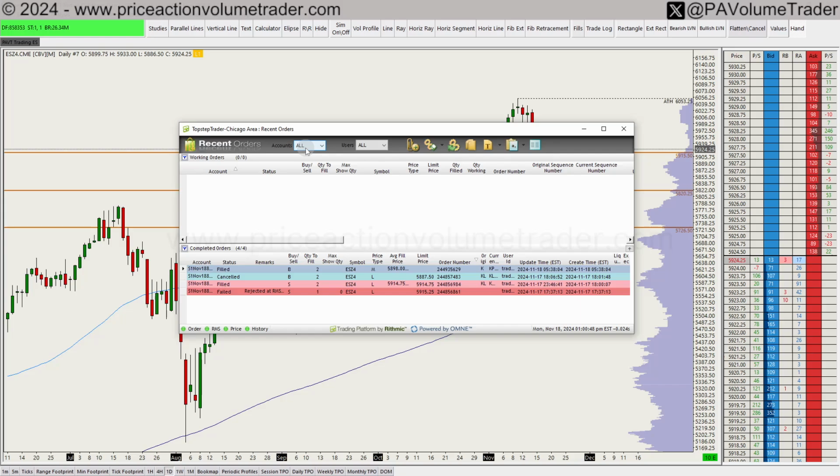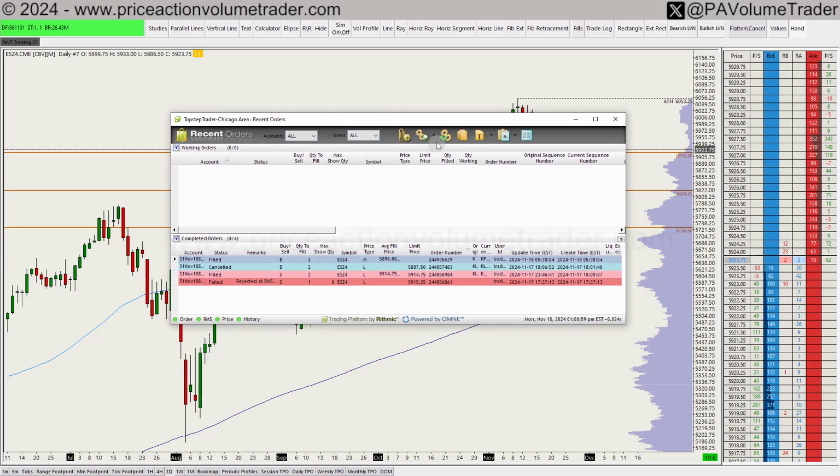I didn't want to have a huge runner because there's a 50% consistency rule, so then I would need to keep trading more days. But you can see right here, this order was rejected just because I tried to place it before the market opened at 5:37 on Sunday. But then here you can see sell 2 contracts, ES December